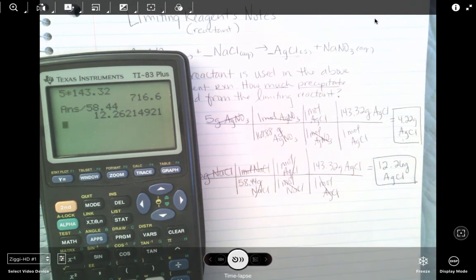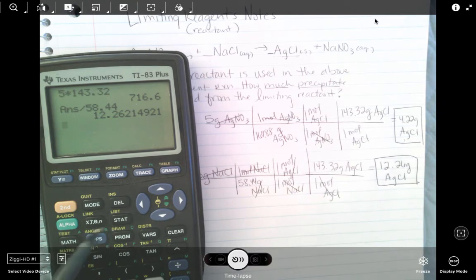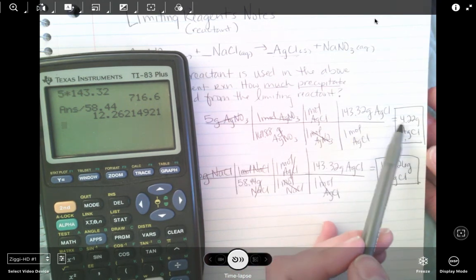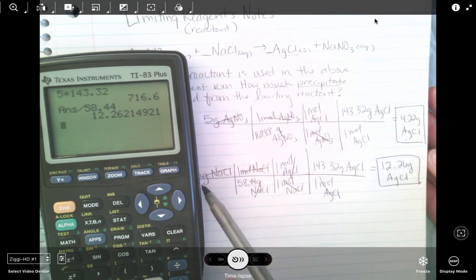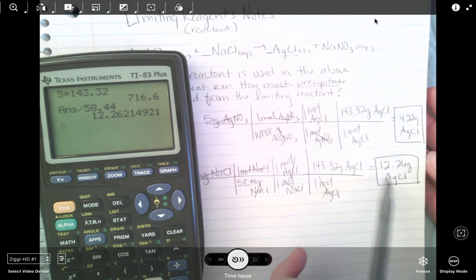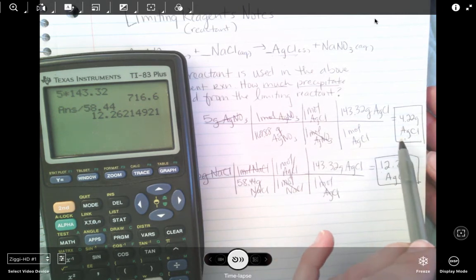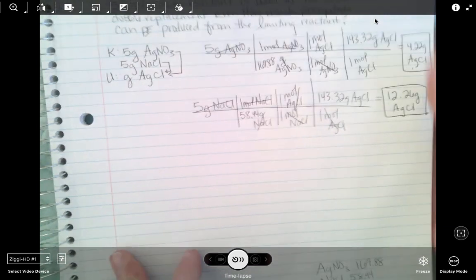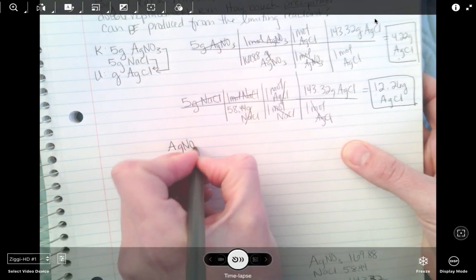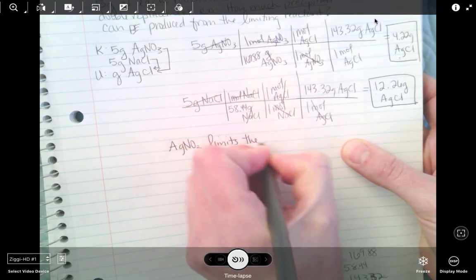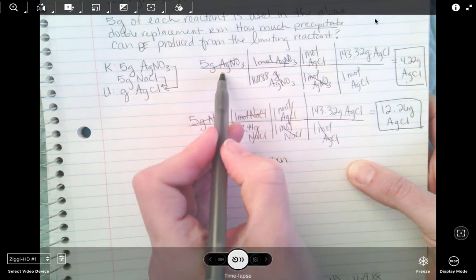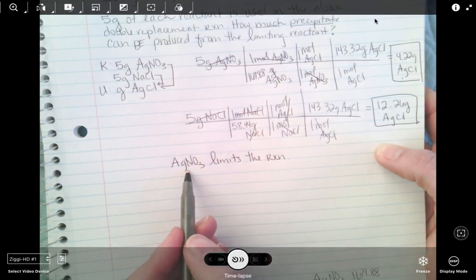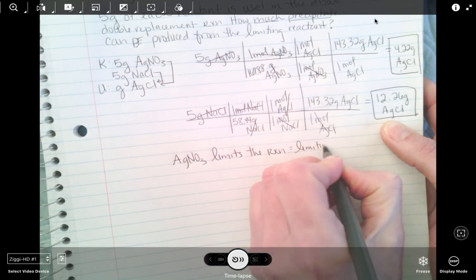Okay. Now that we have these two values, this is where the limiting reagent concept really comes in. 5 grams of silver nitrate will only produce 4.22 grams of silver chloride. However, 5 grams of sodium chloride can produce 12.26 grams of silver chloride. 4.22 is clearly smaller than 12.26. Therefore, I would say that silver nitrate limits the reaction. So silver nitrate only produced 4.22 grams of silver chloride. Therefore, it limits the reaction. So it is the limiting reagent,